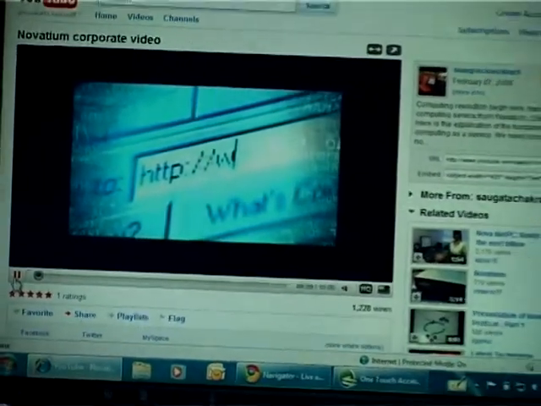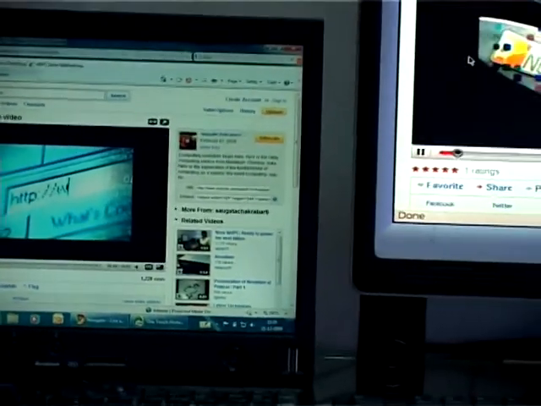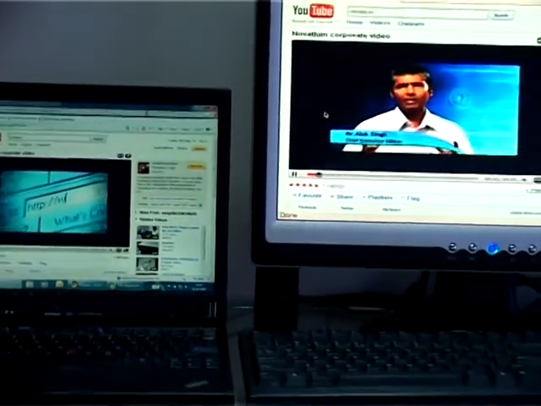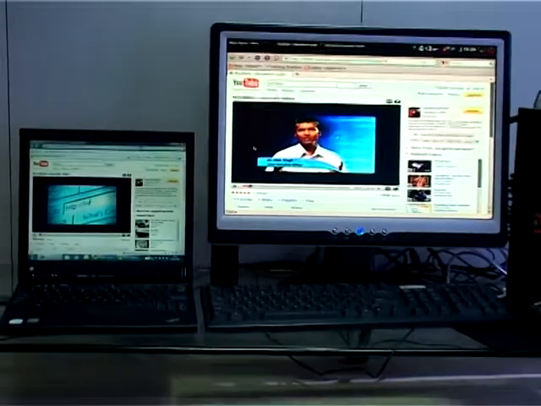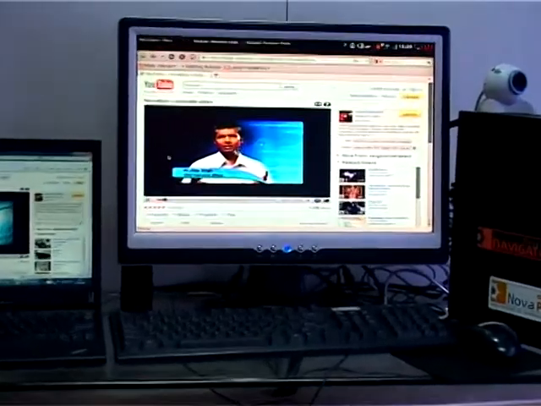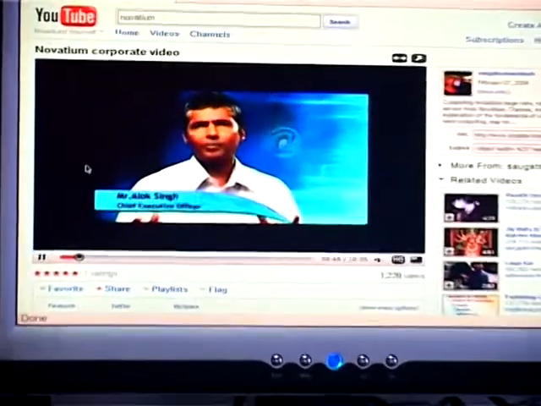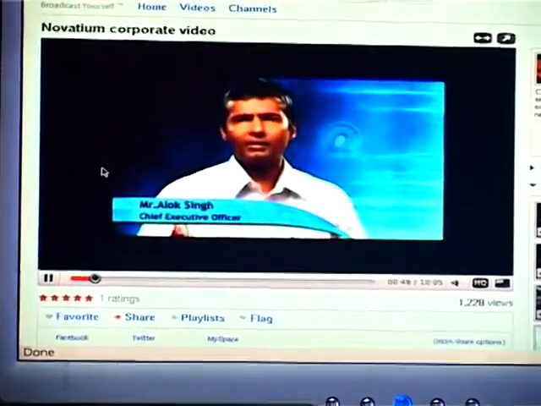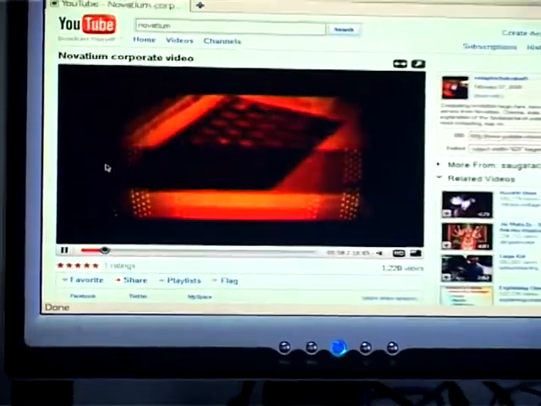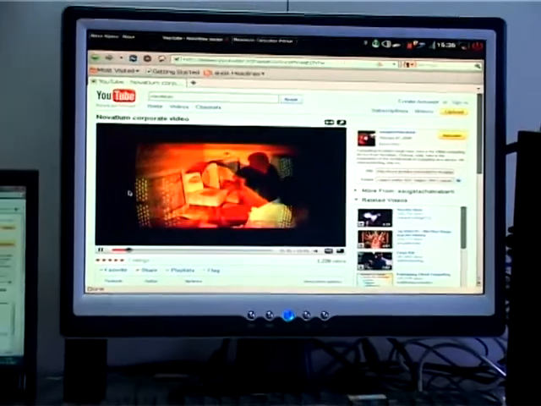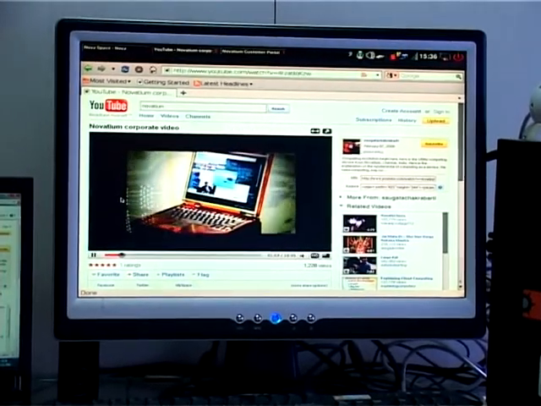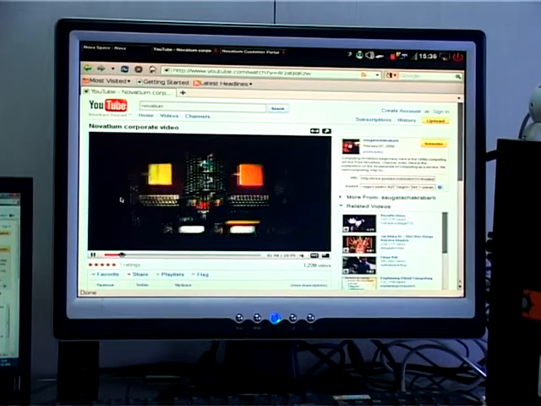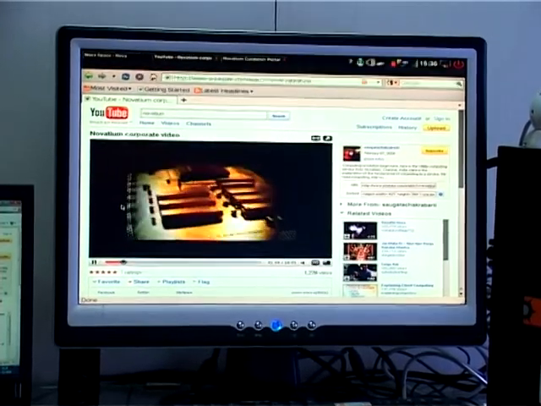Now, this is primarily because the bandwidth on a PC or a laptop is utilized in processes which are running on the operating system in the background and shared between the actual data a user downloads versus these processes. Whereas what happens in a Nova Navigator is that the updates are downloaded centrally on a server which is managed by Novatium, and these are then pushed to the Nova Navigator on a very specific schedule from time to time, which gives a clear, better user experience to the customer on the Nova Navigator.